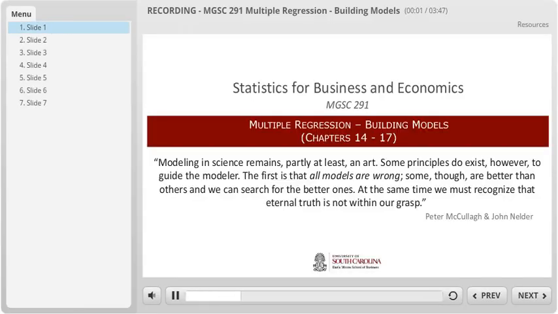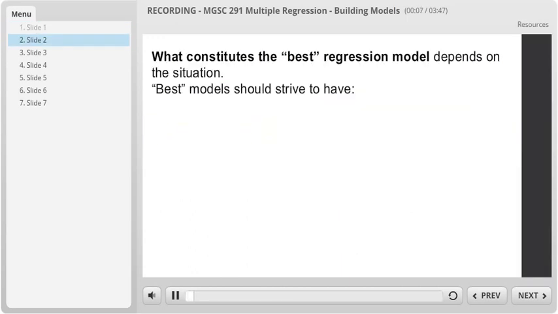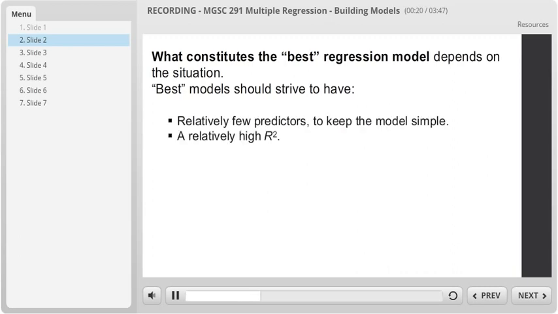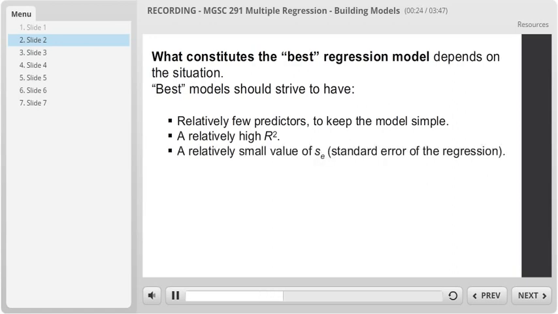Over the next few minutes, we will discuss principles for choosing the best regression model. What constitutes the best regression model depends on the situation. Best models should strive to have relatively few predictors to keep the model simple, a relatively high R-square, a relatively small standard error,